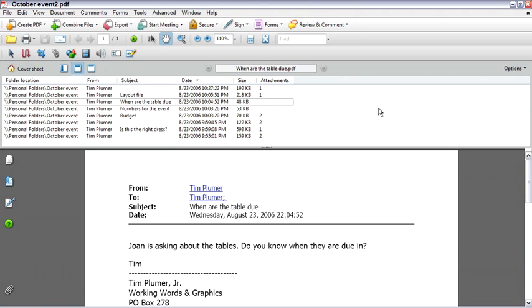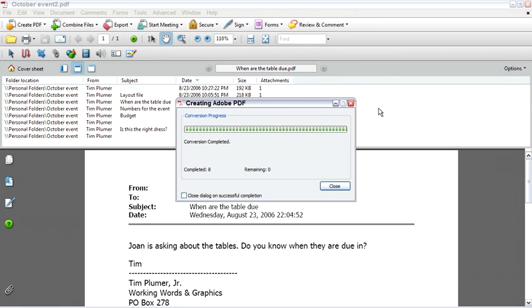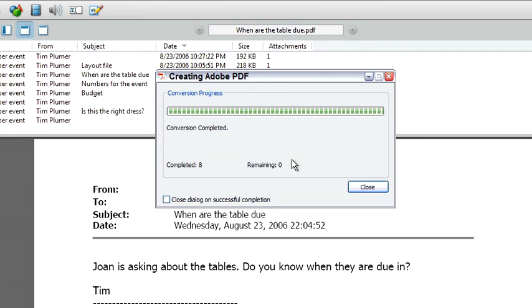And that's sort of the icing on this cake. As I told you, this is something that I can start from within Outlook. There isn't a Macintosh equivalent for this. But if I archive my Outlook emails, this is a very useful way to be able to share that archive with somebody, whether they're on a PC that doesn't use Outlook or even on a Macintosh machine, because Outlook isn't available for the Mac. So let's go back over to Outlook, and you'll see that the Creating Adobe PDF dialog